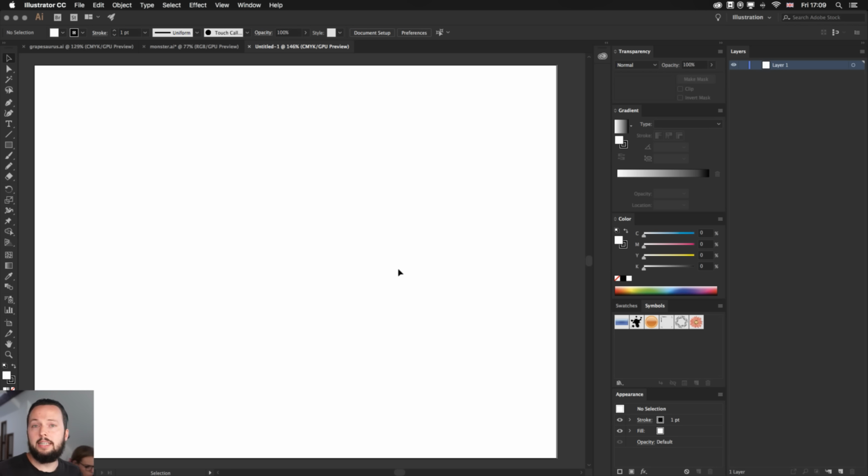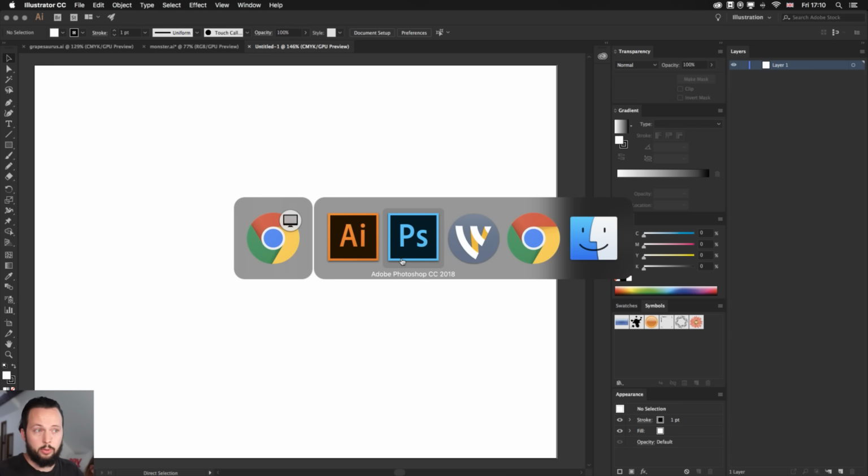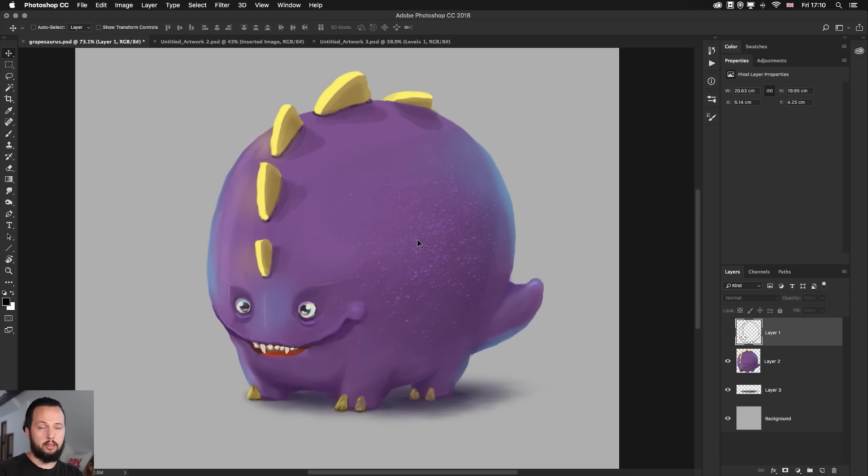Now, if I just bring in a sketch, I'm a little bit more free to do whatever I want from that point on in terms of colors. But sometimes I actually produce a colored version in either Procreate or Photoshop, like the one I just showed you before, and actually place this into Illustrator, and I'm going to trace over that result.